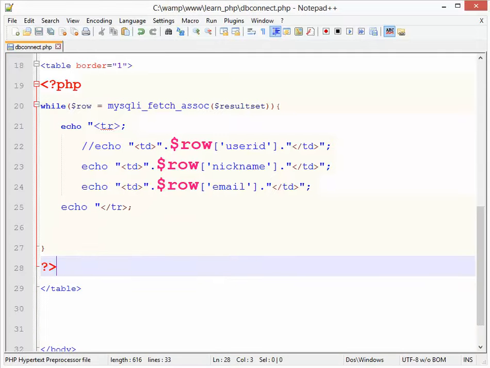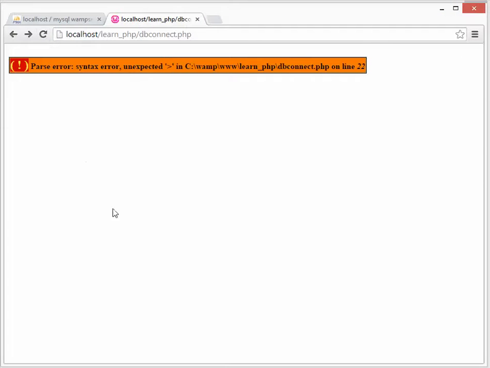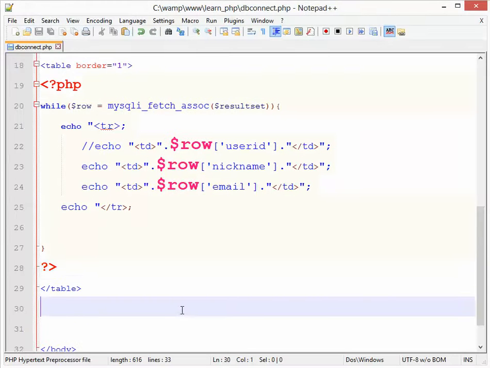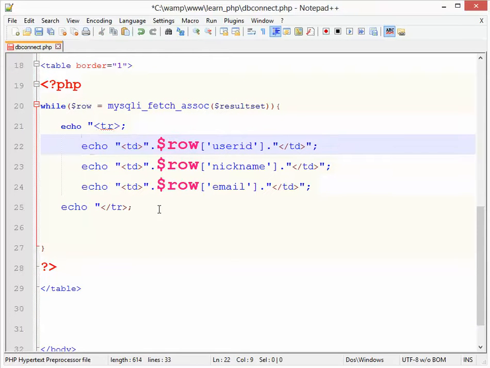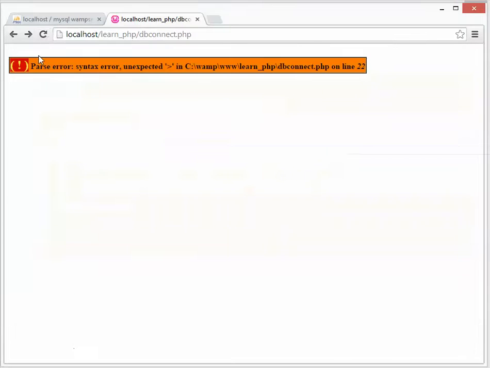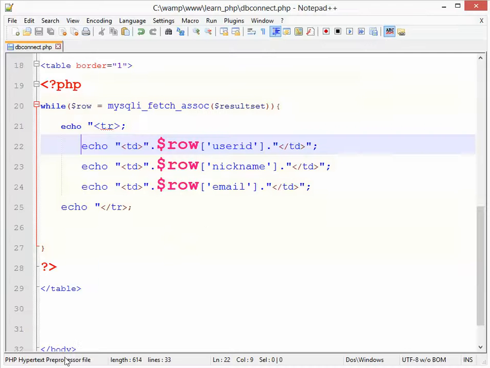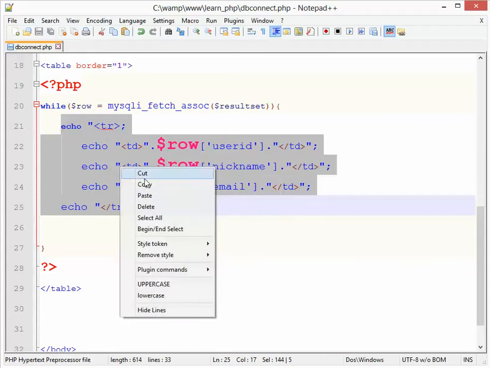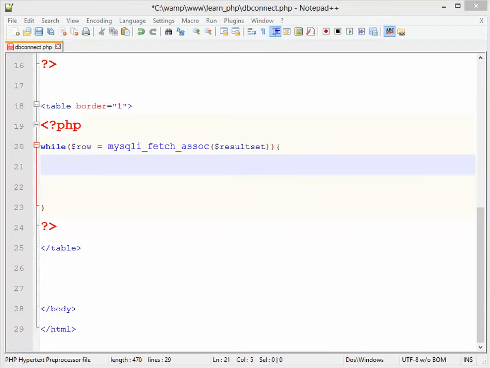Okay, maybe this should correct it. Line 22. Okay, I'll just remove this one first. And